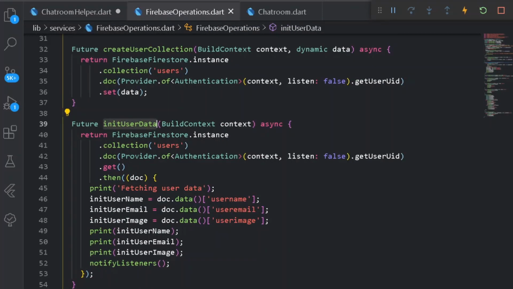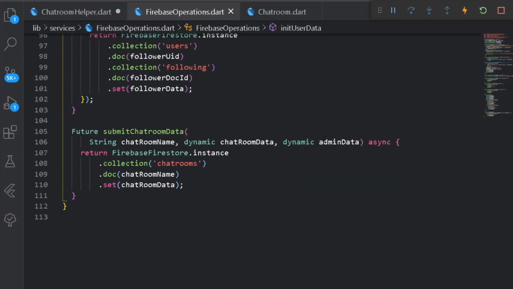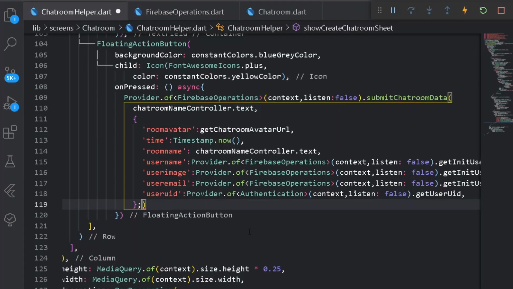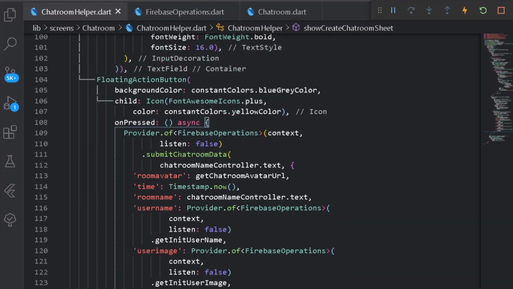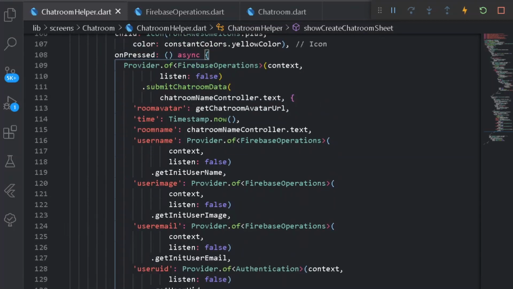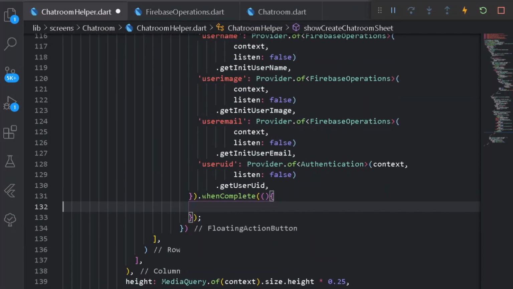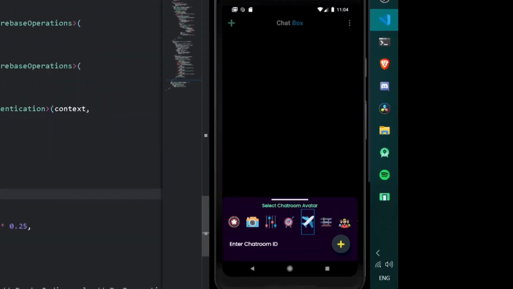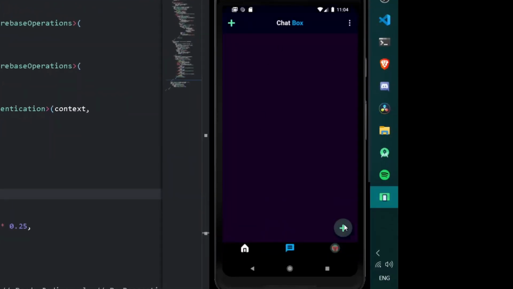So let's go under Firebase operations. Let's come down and remove the field of admin data. Easy thing. Paste a semicolon. Alright, after this bracket, let's have a curly bracket and format document first after having a semicolon. So once we have provided everything for creating a particular chat room, let's try it out. So here I can simply say when complete, do nothing but simply navigator.pop for the following context. So now let's test it out. So let's close this one and open it one more time.